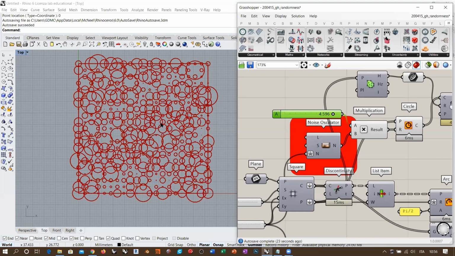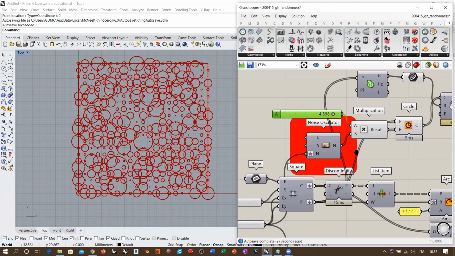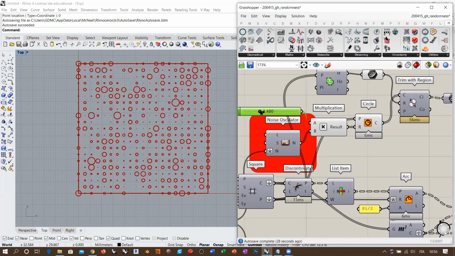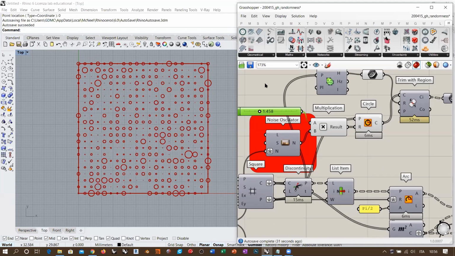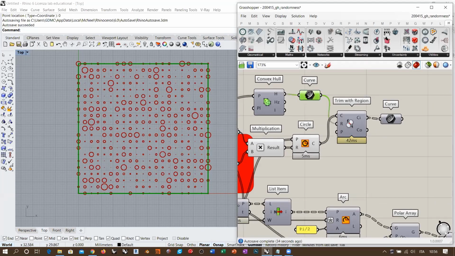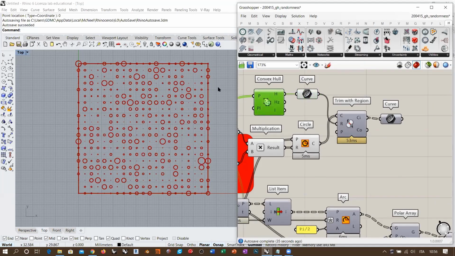But the size of these circles here is changing randomly, okay? So it can increase the size, decrease the size randomly. But anyway, this is just a random comment. In this case, what I'm doing here is calculating the convex hull, which is basically